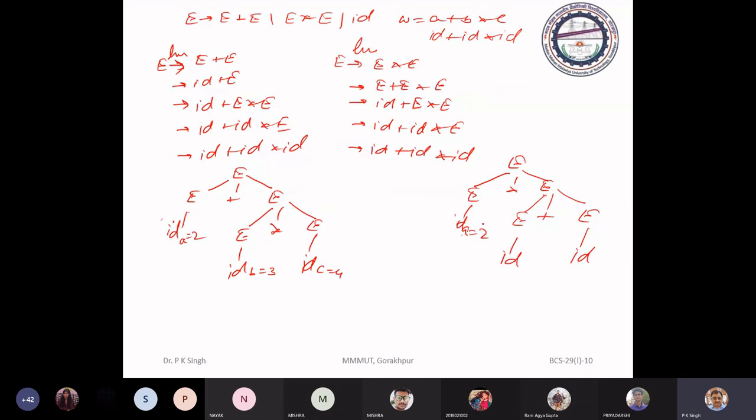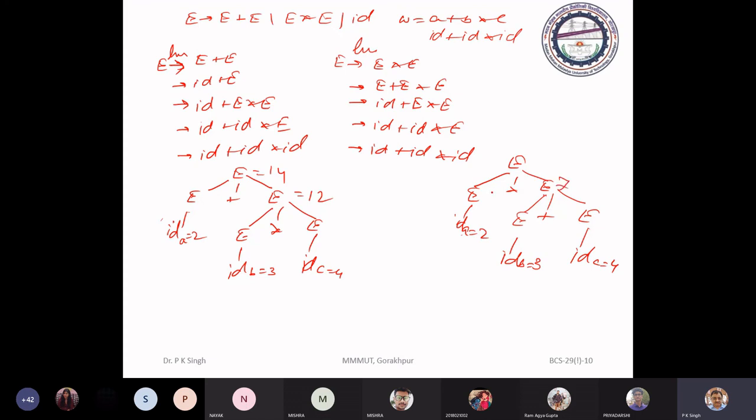So here the value of this subexpression is 3 into 4, which is 12, and this expression is 14. The value of this subexpression is 7.